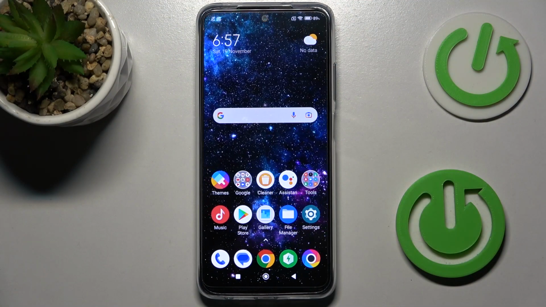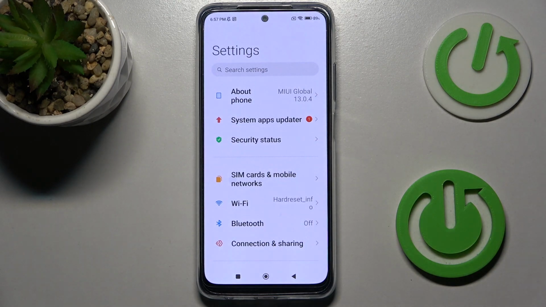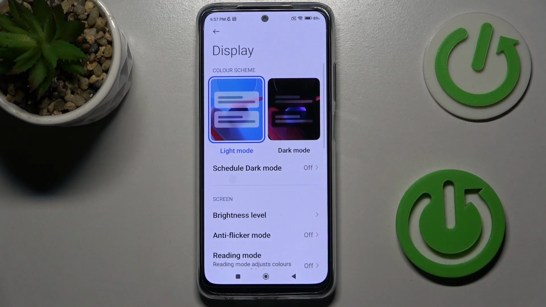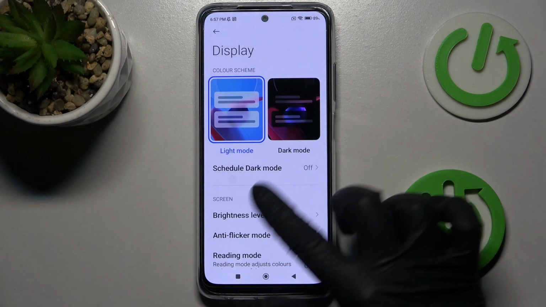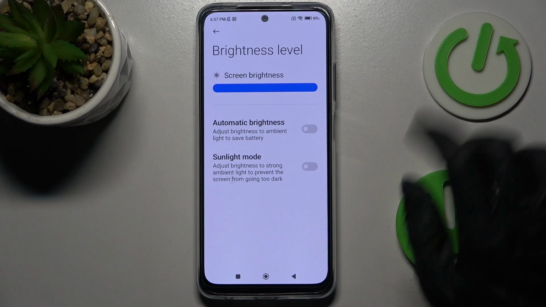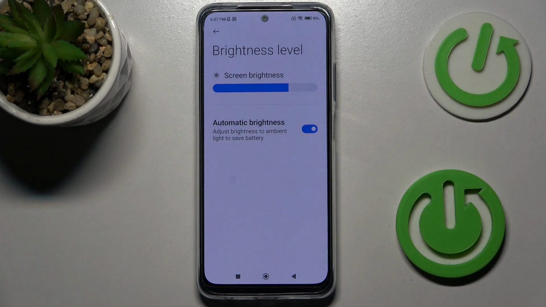You need to start by opening Settings. In them, scroll down just a bit and tap on Display. Then select Brightness Level over here and tap on this switcher next to Automatic Brightness. As you can see, after that, Adaptive Brightness is enabled, but you can always disable it by tapping on the